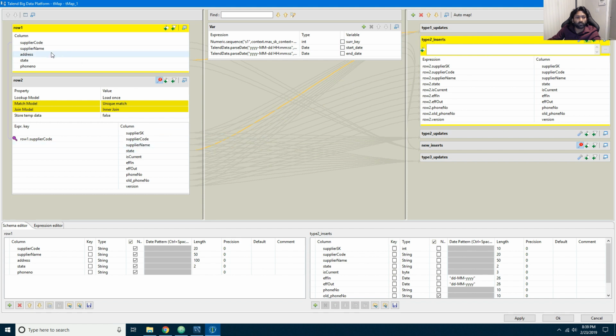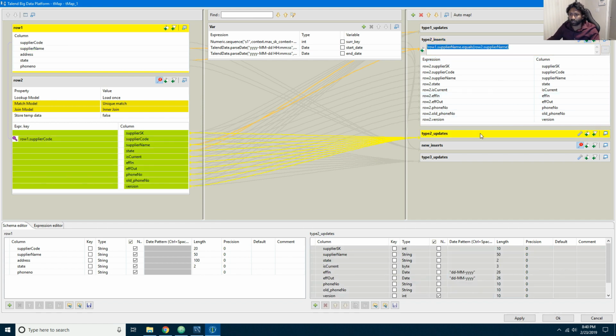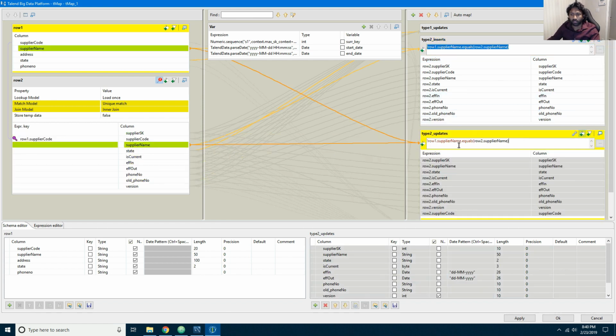You can do either of this. So we are checking if that is equal to that, then insert. No, of course not, right? If it is not equal to, then we will insert, just like however we did type 1 updates. We will be doing this. So we will have this same condition for type 2 inserts and updates, but the only difference would be